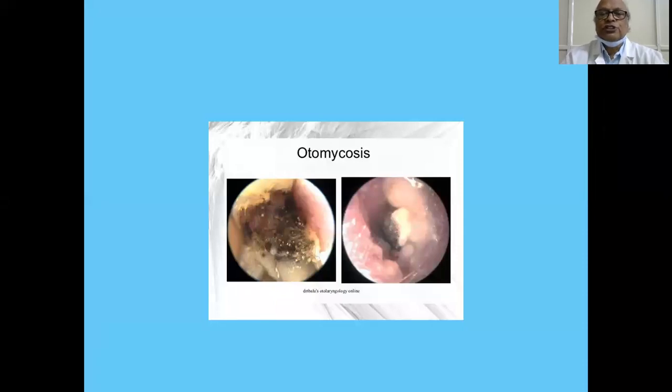First and foremost, maintenance of aural hygiene is the sheet anchor of the treatment of otomycosis. How do we do it? Once again, do gentle syringing, remove all the debris, and with a small cotton wick, gently dry the ear. For heaven's sake, for cleaning the ear or for drying the ear, never use so-called earbuds. They do more harm than good.